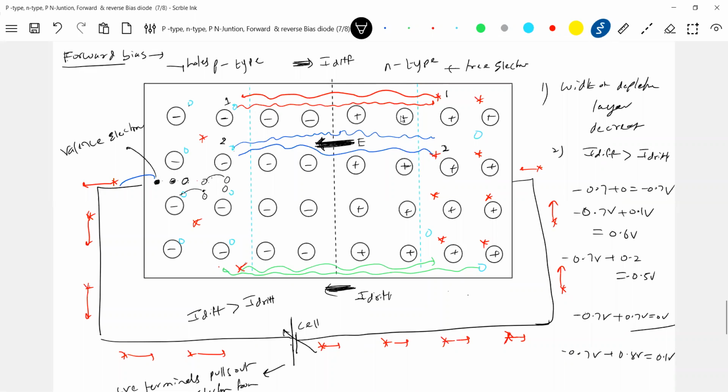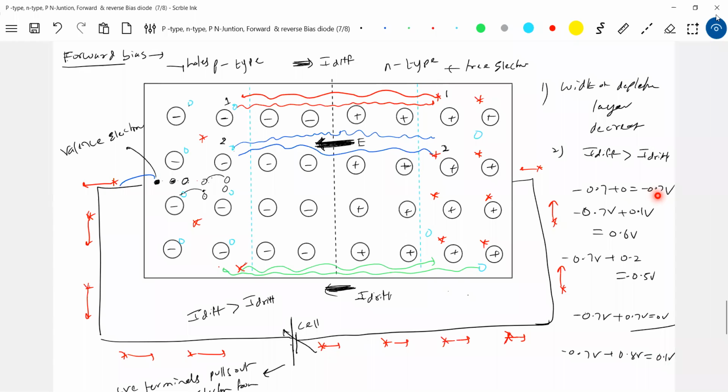How much has it become? Plus 0.1, no? What will happen? The depletion layer will become a positive charge layer and this will become a negative charge layer, which is of no use. The diodes we are using will not have this occur. I'm just telling you, it can even change polarity when this occurs.